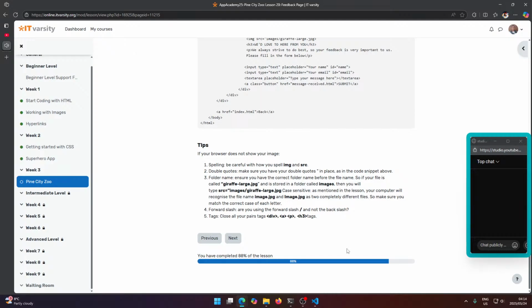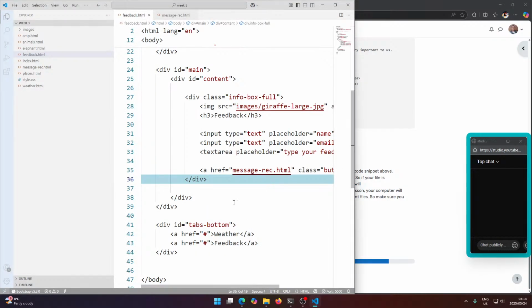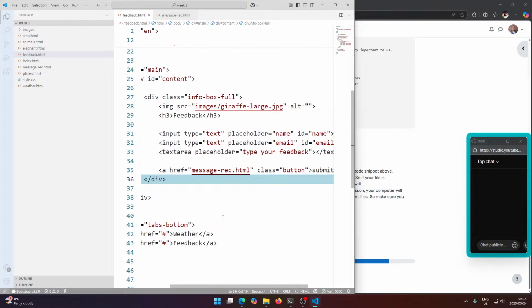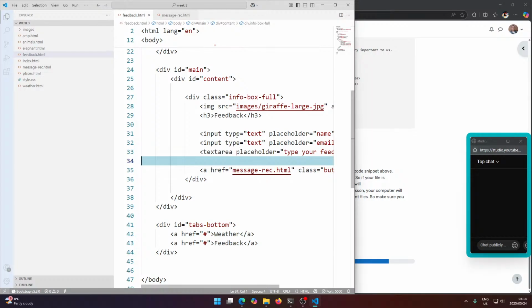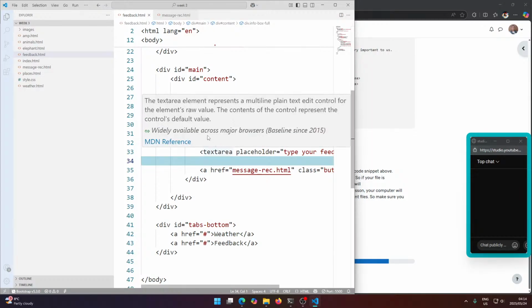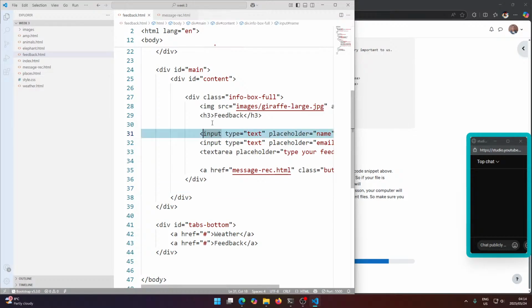Let's click next here. But before that, I told you I was going to explain something here, and that's this form with the inputs and the text area and stuff. This is not actually how it works, but it does look right when you type it this way. So if this were an actual thing that we built, we need to surround all of this in a form tag, and we need to give that form tag an action and a method, and that will tell it where to send the data and how to send it, like if you want to use post requests or get